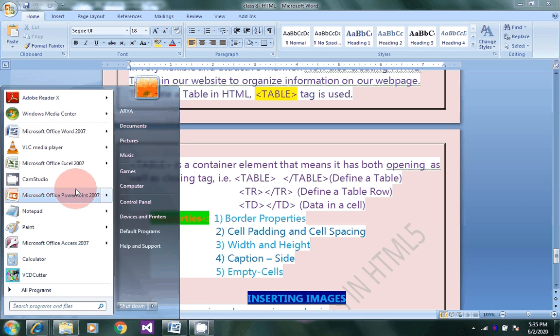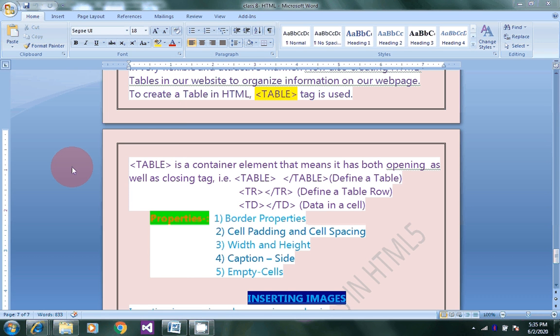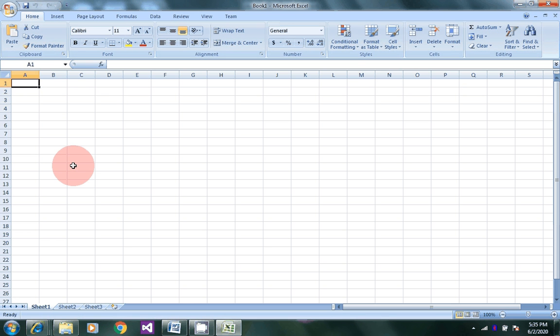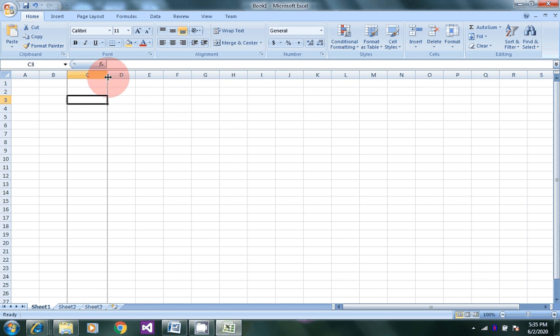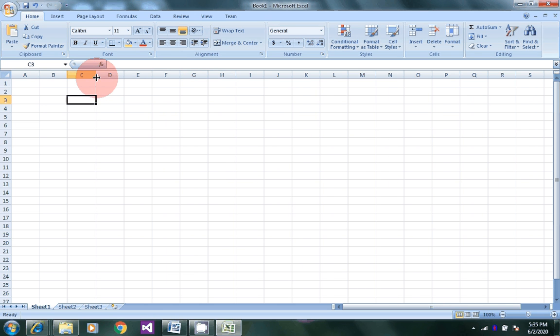First of all, you see this in the Excel table. So these are the cells of the table. This white space you can adjust with the mouse also. But in HTML, it is called cell padding and cell spacing, which you will use to adjust the white space in your table cells.